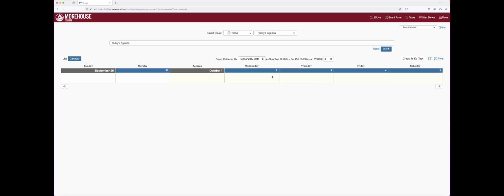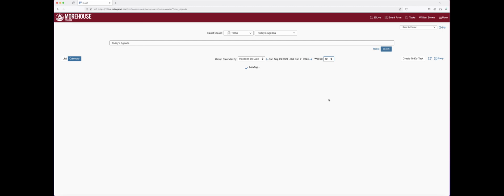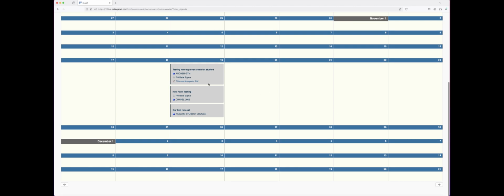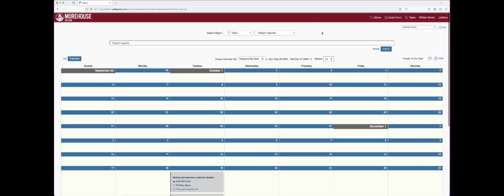And instead of only doing one week view of this calendar, we can change the number of weeks to, let's just say 12 weeks. And it will expand the calendar to a 12-week view, which of course encompasses the 3 for today. So finding tasks in 25Live is pretty straightforward,